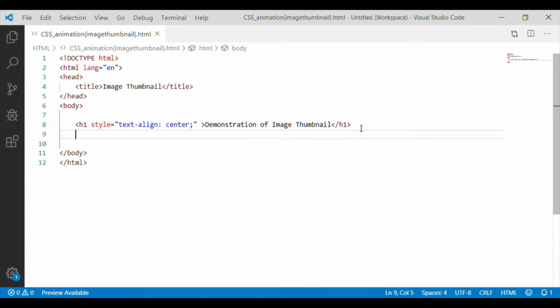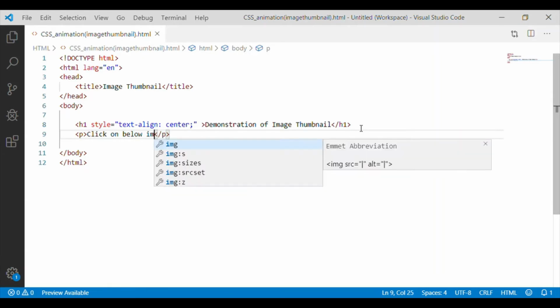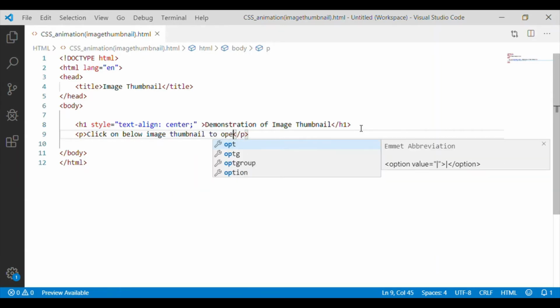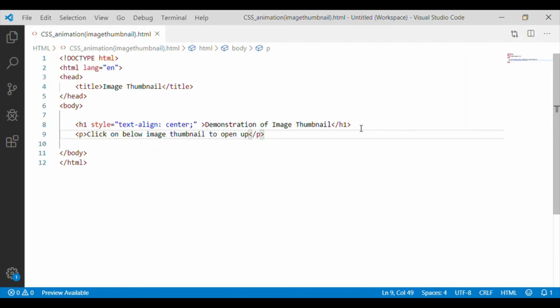Let me give a paragraph which acts as an instruction to say click on the image to get a full view of the image in a new page. This is just to have meaningful information on the web page.